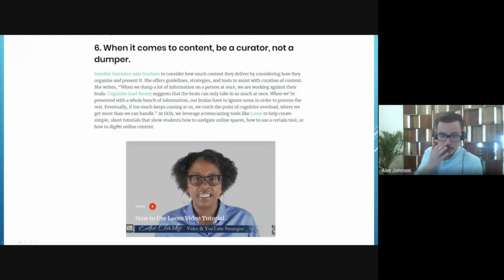I recently discovered Loom myself. I know there's some people that have been using it for a while, but I discovered it when I was doing more research the past week on virtual learning. And I came across an article from the Global Online Academy where they talked about being a content curator and not a content dumper. And I think that Justin in the previous session talked about that, about not overloading our students with